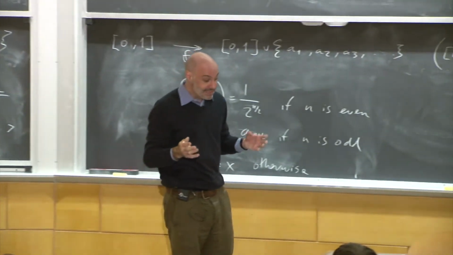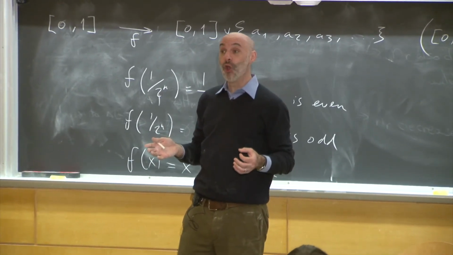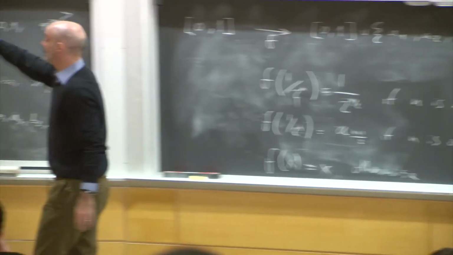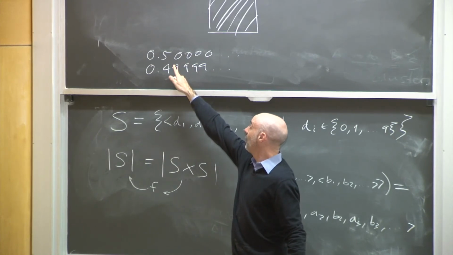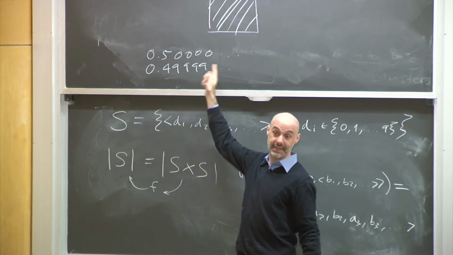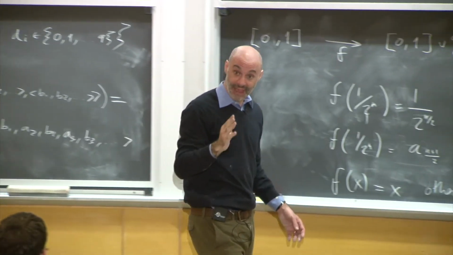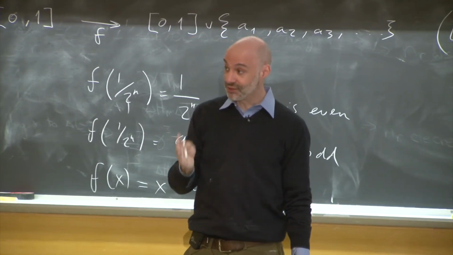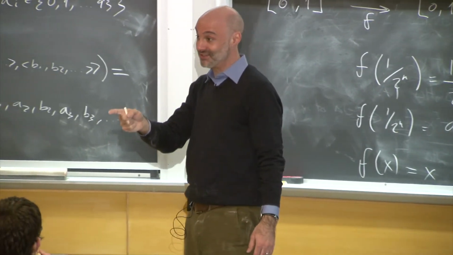But that is not something we need to worry about, because the only case in which that can happen is the case in which we have some number which has a decimal expansion ending in zeros or ending in nines. All of those numbers are rational numbers. And we proved last time that there are as many rational numbers as natural numbers. So that means that our set of problem cases is just a countable set,